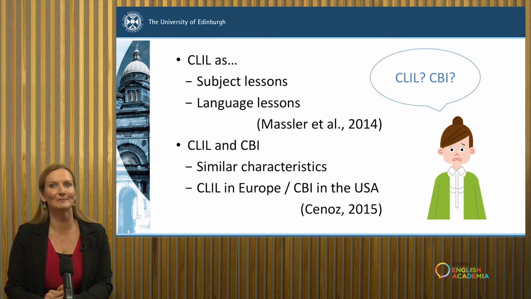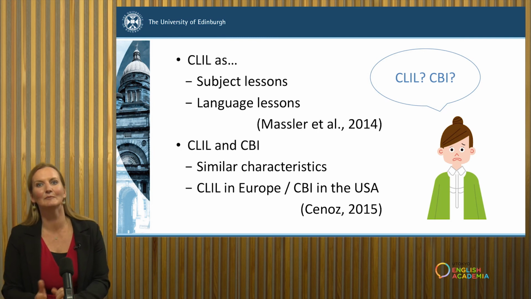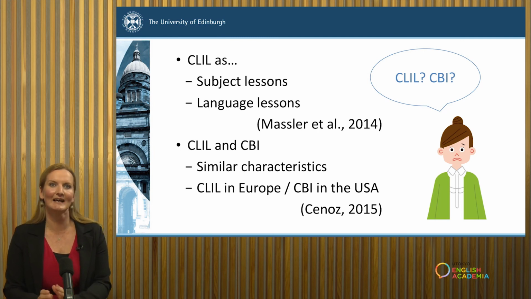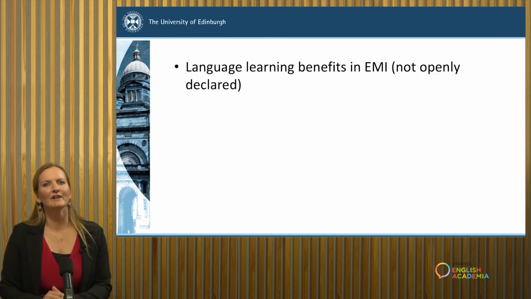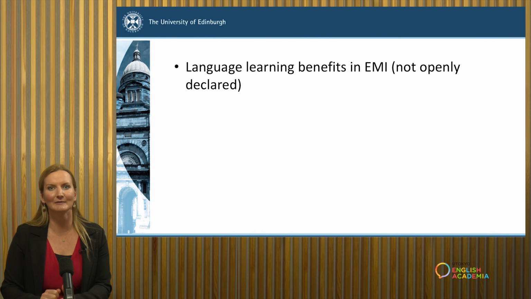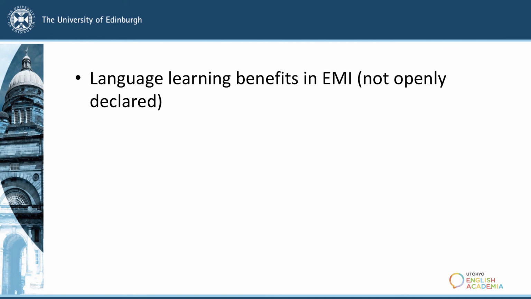So here it's assumed that the terms can be used synonymously, with CLIL being preferred in Europe and CBI in the USA and Canada. With regards to EMI, a language development objective is not openly declared in definitions of EMI, making it distinct from other forms of content-related teaching models, such as CLIL approaches, bilingual education models, and CBI. Nevertheless, universities often make reference to the language learning benefits of EMI, which does indicate an expectation that English language proficiency will develop in tandem with subject discipline knowledge.